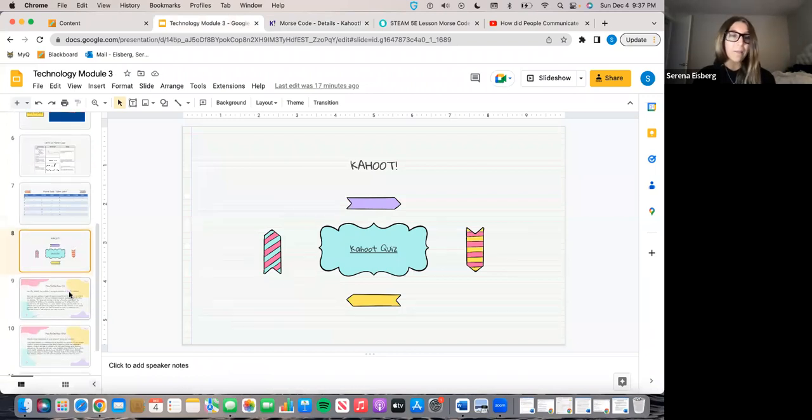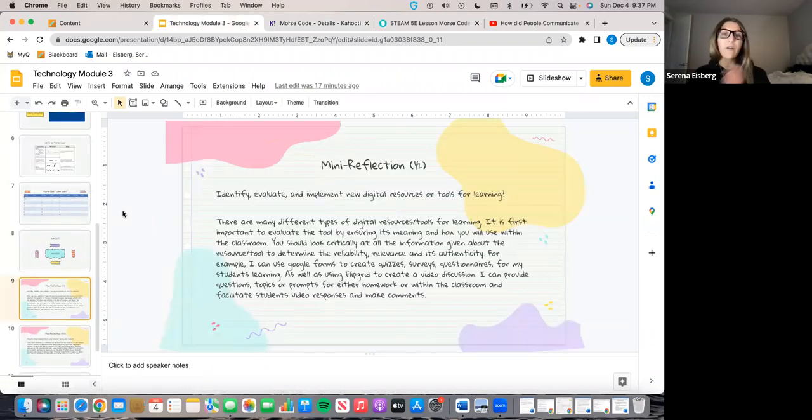And lastly, my mini reflection: identify, evaluate, and implement new digital resources or tools for learning. There are many different types of digital resources or tools for learning. It is first important to evaluate the tool by ensuring its meaning and how you will use it within the classroom. You should look critically at all the information given about the resource or tool to determine the reliability, relevance, and its authenticity. For an example, I can use Google Forms to create quizzes, surveys, questionnaires for my students' learning,